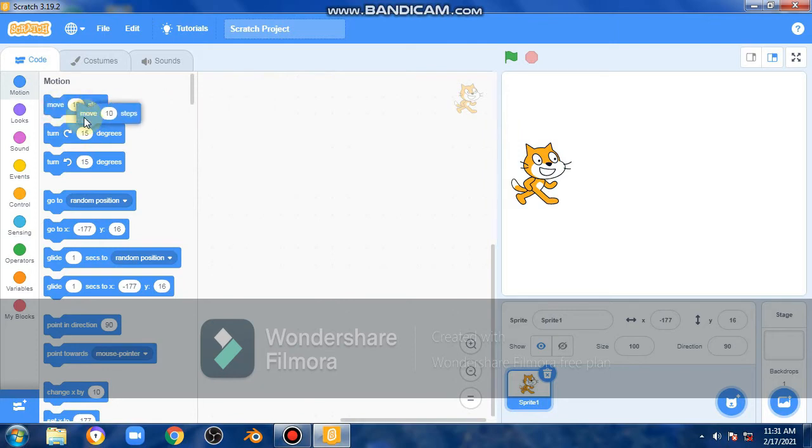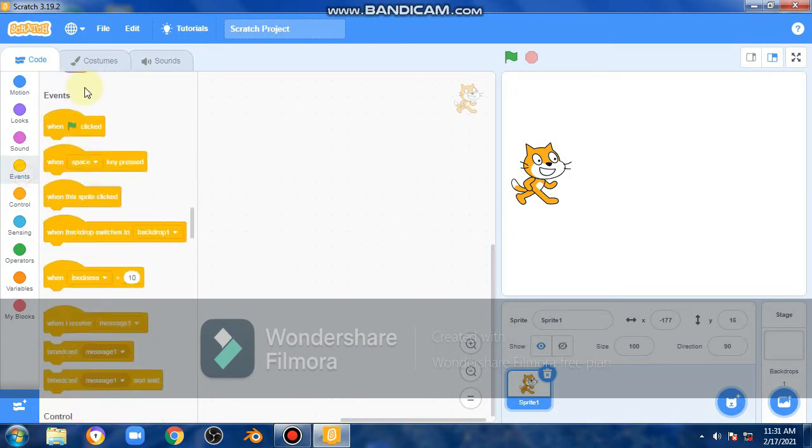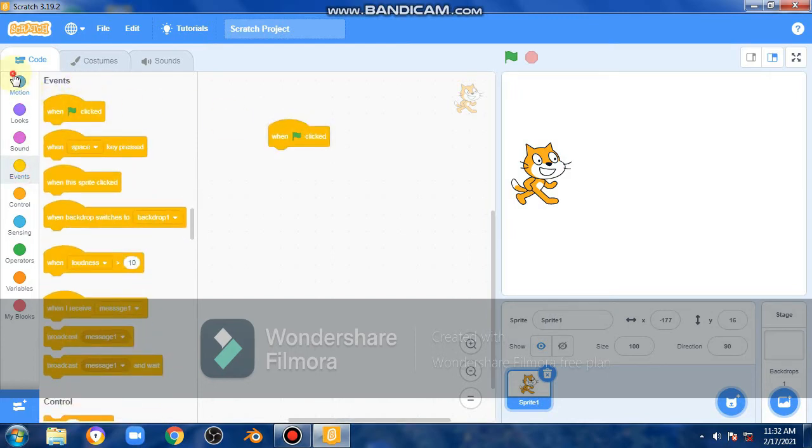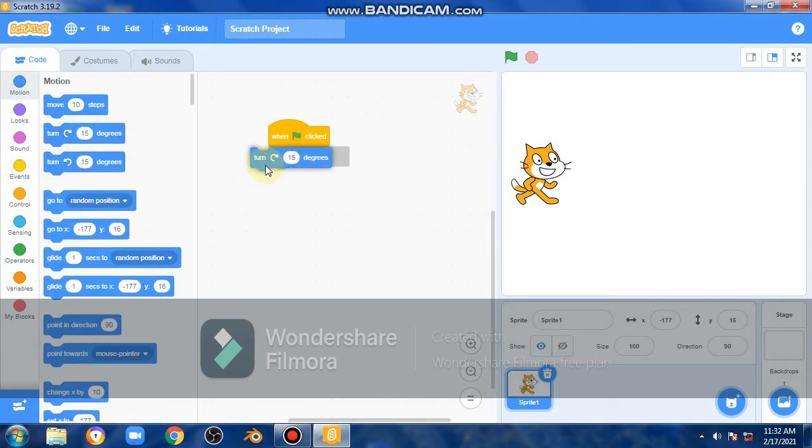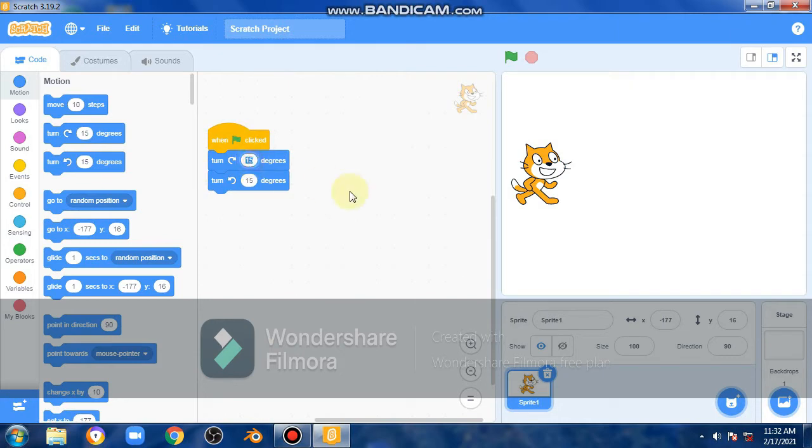This is move. We can move it, we can turn it. Okay, I'll show you again. I want to turn it here, then here. See, 15 degrees is there, that's why it rotates and rotates, and comes back to its normal place. We'll put it 20 and this 100.